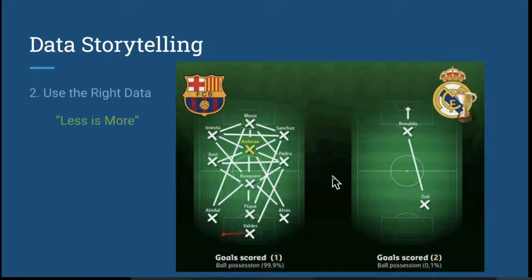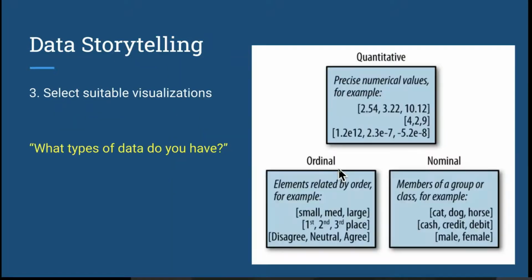Sometimes less is more. By trying to explain more, you actually make the information more complicated. So use the right data. Sometimes if you use the wrong data, you may actually complicate the message. Next we talk about suitable visualization. It depends on what kind of data you are using. So in a typical scenario, we have